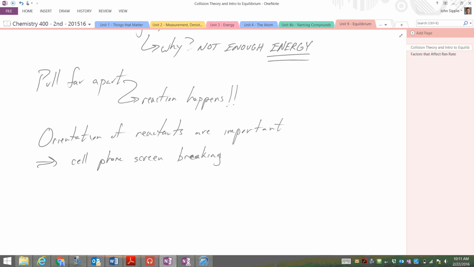You get that sucker to explode. That's all it took was that little spark right there, enough energy to promote the collisions that were happening between the hydrogen and oxygen. I mean, your little pipette was filled with hydrogen and oxygen, right? But the reaction wasn't happening until you provided enough energy. Okay, so you got to have enough energy. You've got to have the right orientation in order for those reactions to happen.